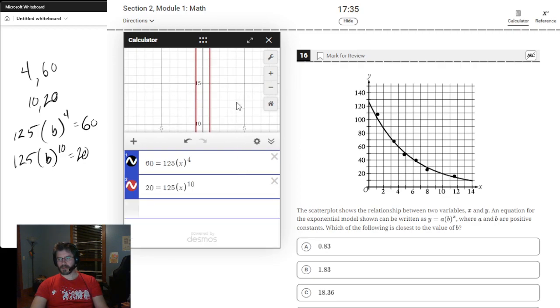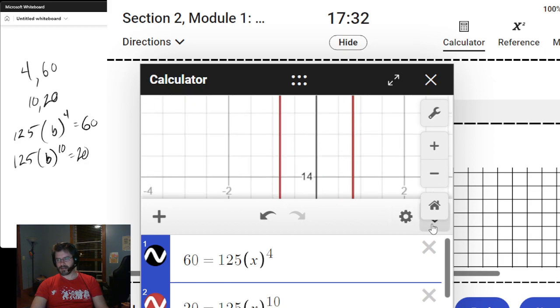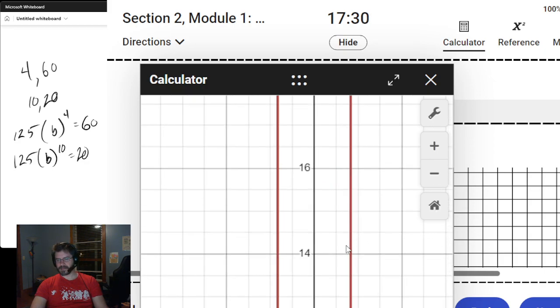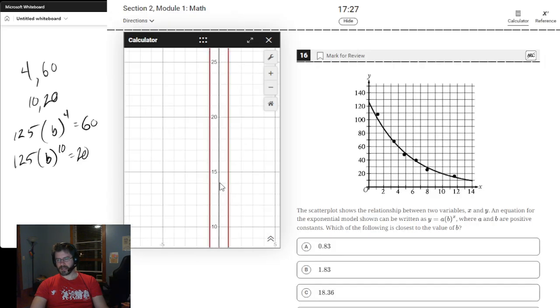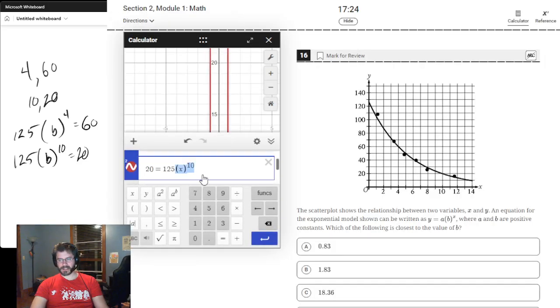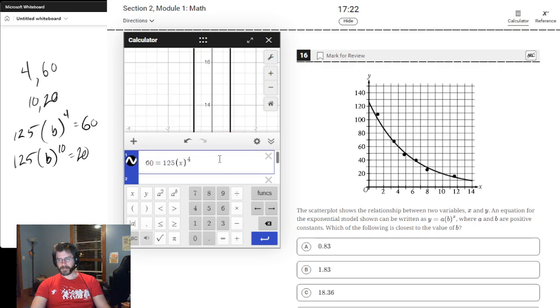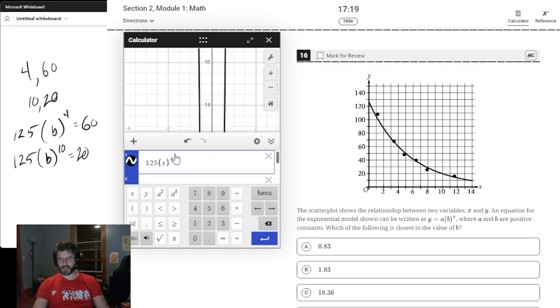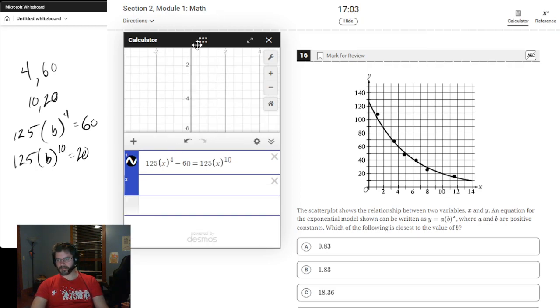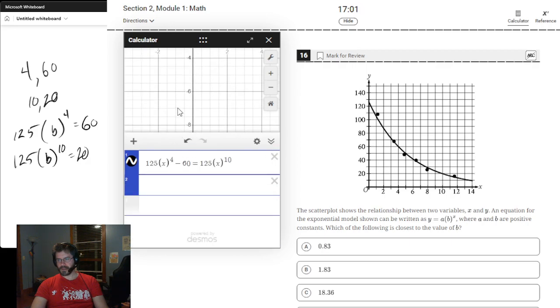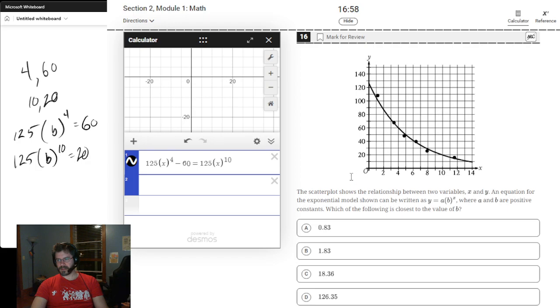Ooh, look at that. That's not quite useful, unfortunately. Can we change this? Let's go ahead and set those equal to each other. Let's do minus 60 equals 125. I guess they programmed it so you can't copy paste. That's smart of them. Equals that. Unfortunately, it doesn't just tell you. Okay, so we've got,